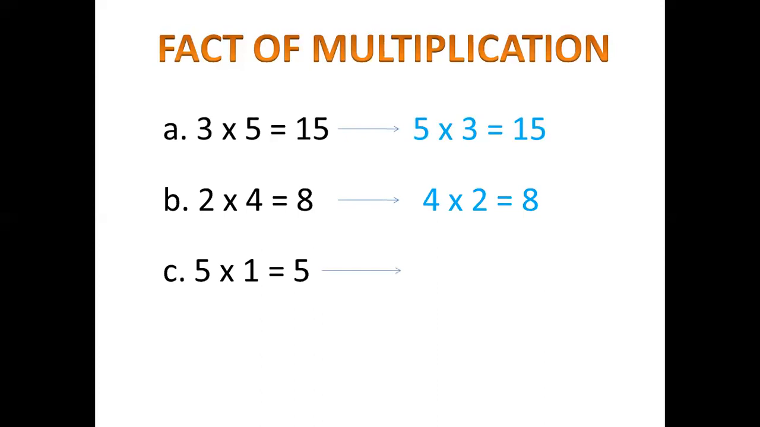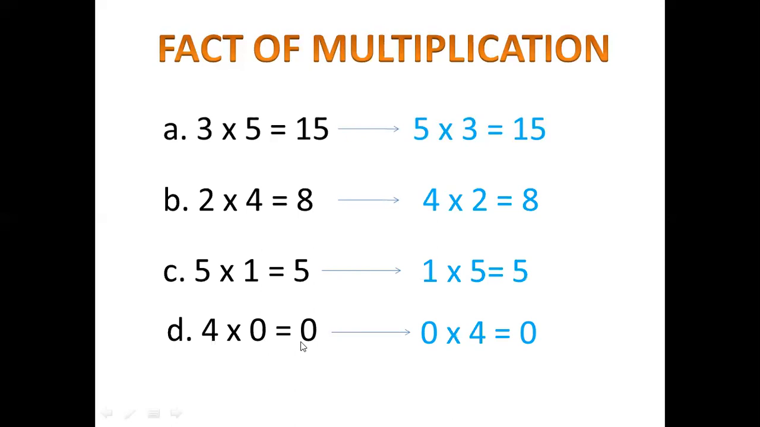And 1 times 5 is also equal to 5. What about 4 times 0? It is equal to 0. If we are multiplying 0 into 4, then also the answer is going to be the same. So this is one basic fact of multiplication. If you put the numbers here and there,